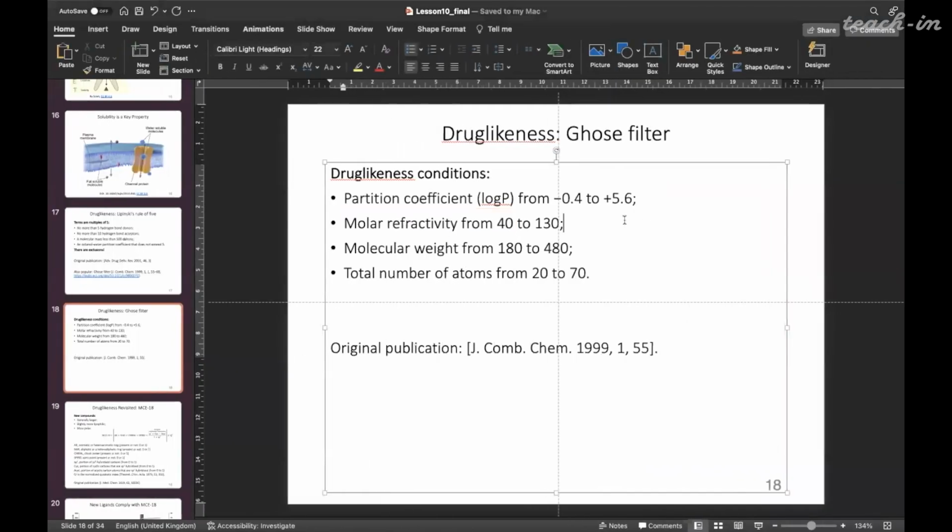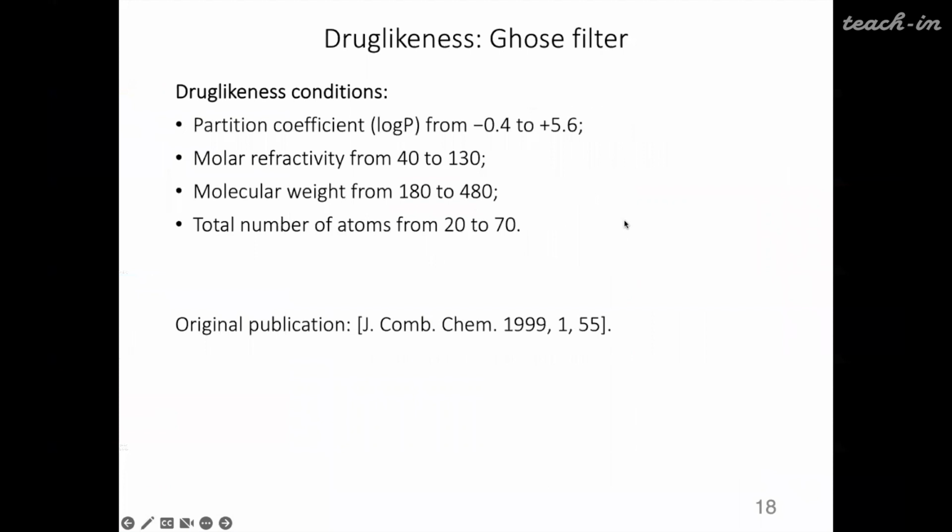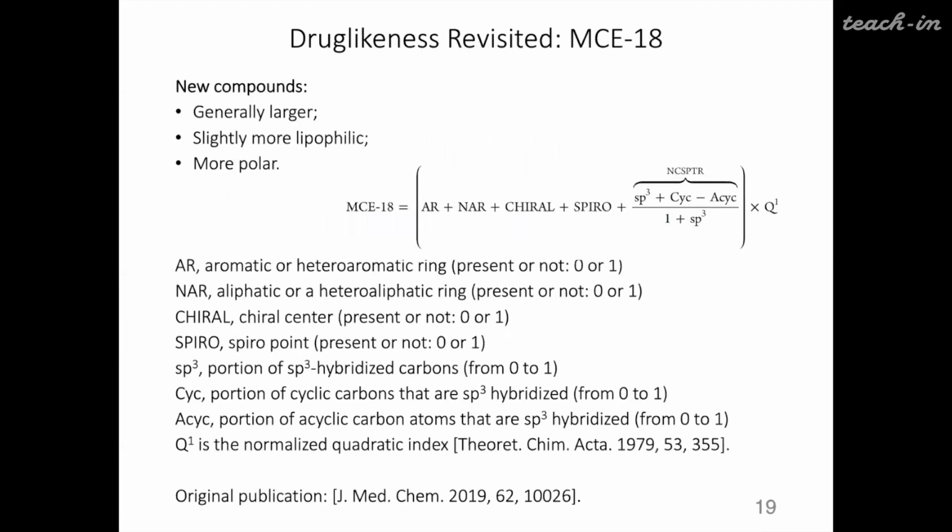So it's the property that was measured very actively in the previous decades. And you can also refer to the original publication on the so-called goose filter. However, nowadays,